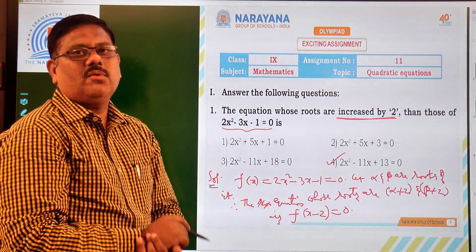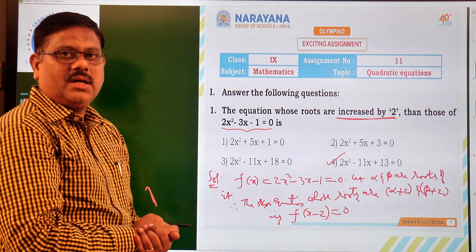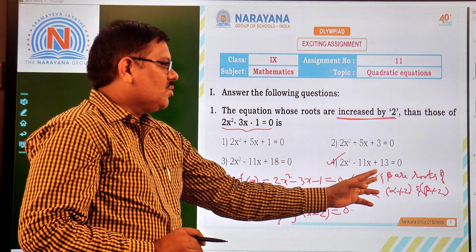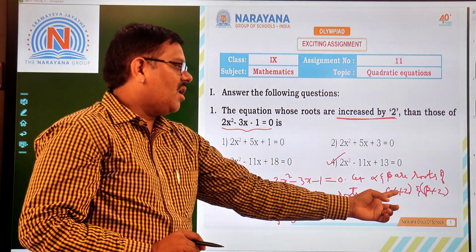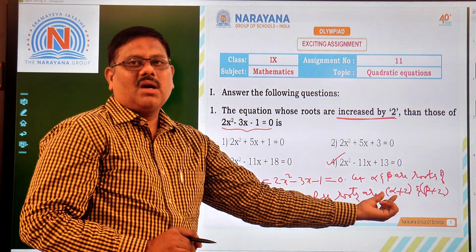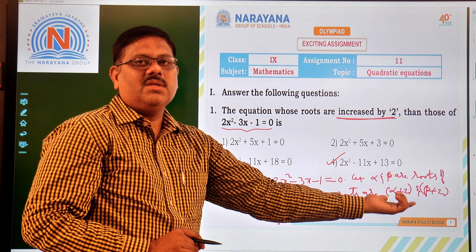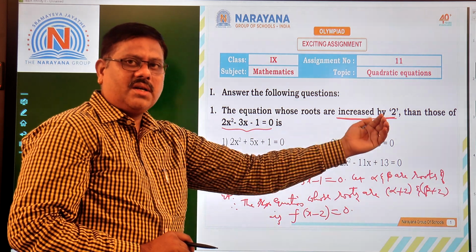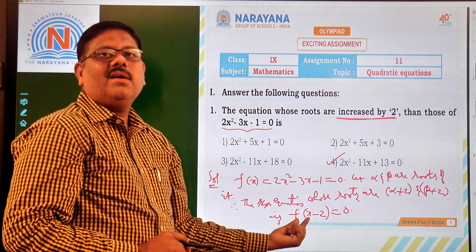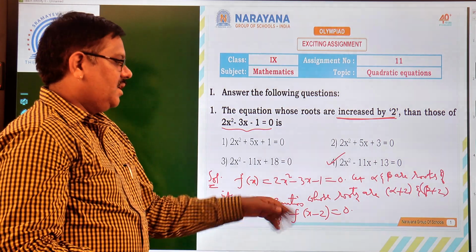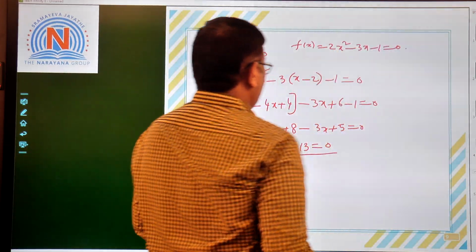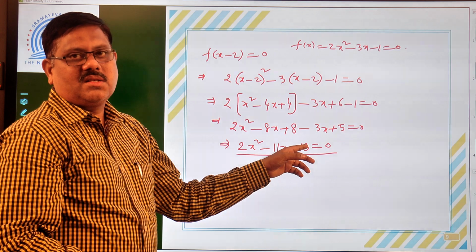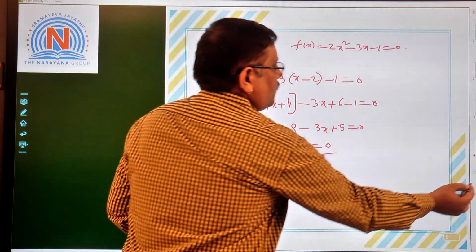So this is how we got the fourth option as the right answer. So what is the concept we have learned here? We are given f of x is 0, it has roots alpha and beta, its roots are increased by 2, so the resultant roots are alpha plus 2 and beta plus 2. What is the quadratic equation with roots alpha plus 2 and beta plus 2 is the question. So for that we have a concept, whenever you have roots increased by 2, f(x) is equal to 0 changes to be f of x minus 2 is equal to 0. By that, on simplification, we got the resultant answer as 2x square minus 11x plus 13 is equal to 0. That is the required answer for us. Okay. Now let us move to the next question.